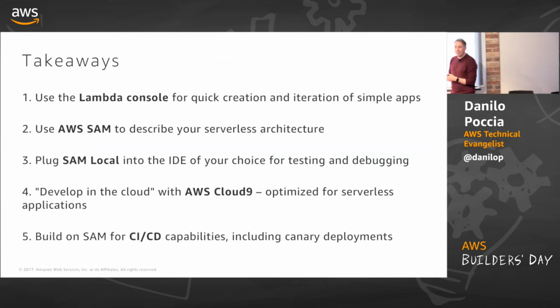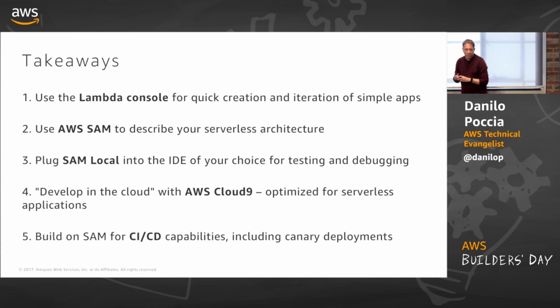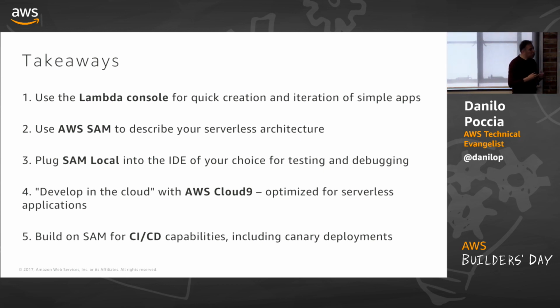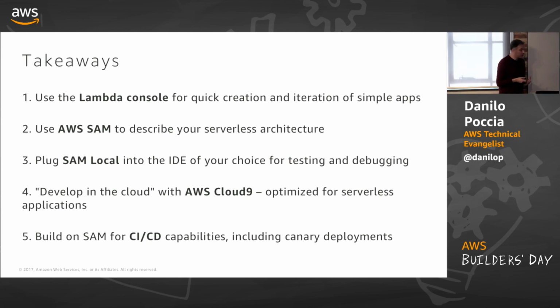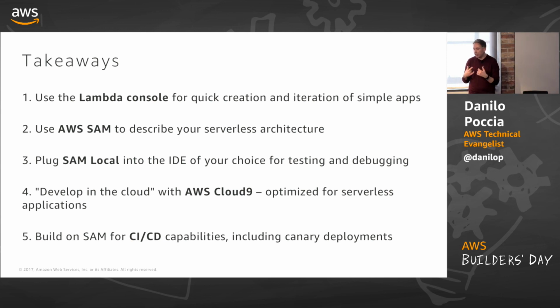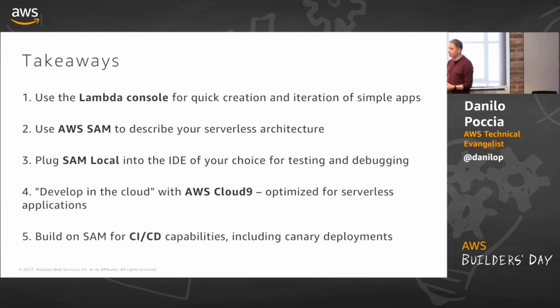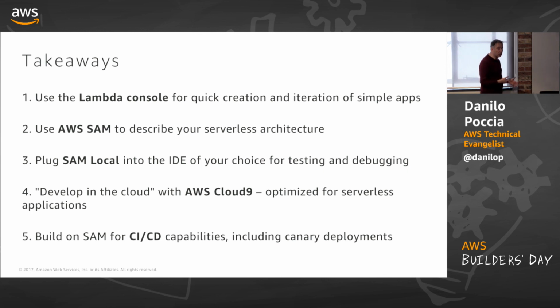So what are the takeaways of this first presentation? If you want to start quickly with a small application, just one or two functions, you can use the Lambda console, create your test case there. It's very fast. Then if you grow, maybe 5 functions, start to use AWS SAM to describe your architecture in a template. You can use my tool if you want to create the initial template. Then it's easy to edit. You can use SAM local to generate local events, build your unit tests, and even test locally if you